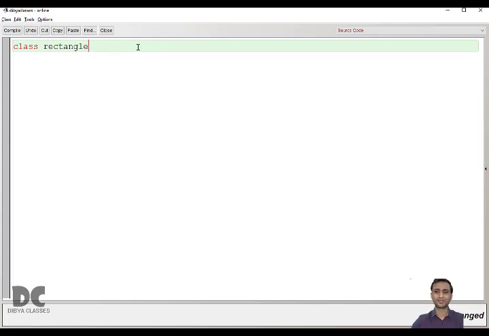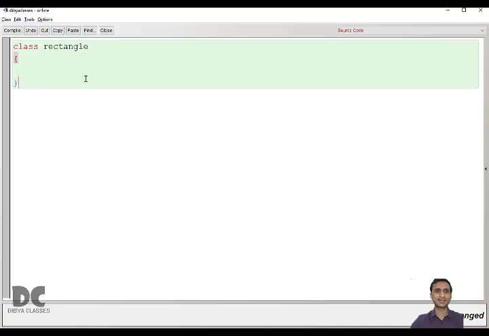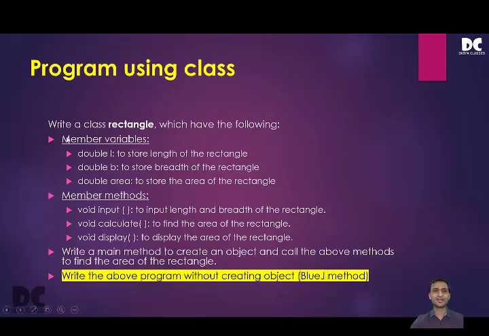So now also we'll continue with that. Okay, we have created the class which will have two things, that is member variables and member methods. We saw the syntax. The syntax is access specifier class, class name, and within curly brackets we have member variables and member functions, right?